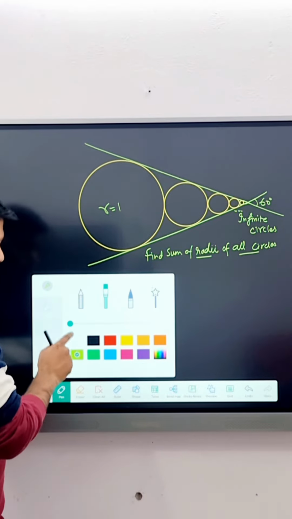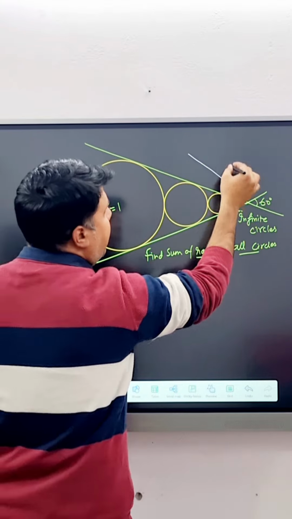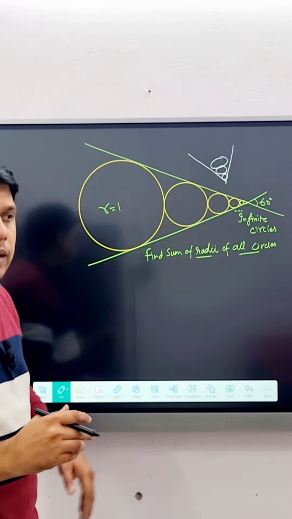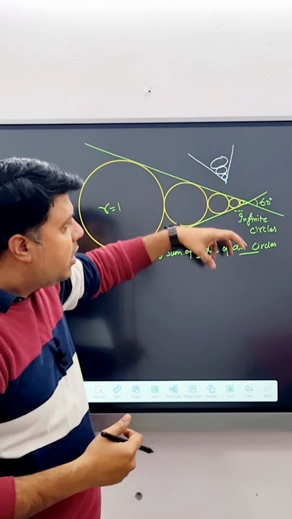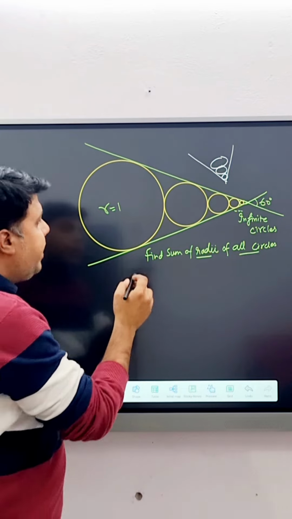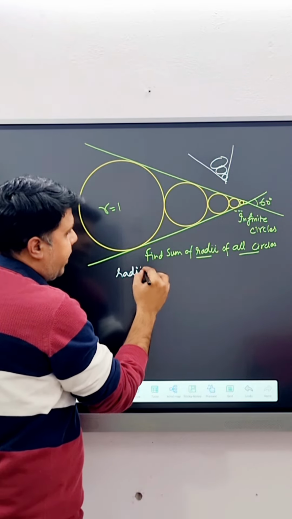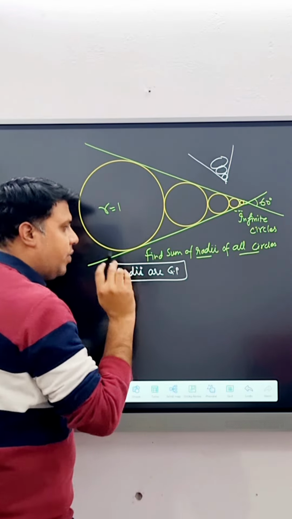One thing you should remember whenever we have such a figure, where there are inclined lines and circles or spheres fitted in that way, touching the lines (or the cone in the case of a 3D figure), and all the spheres or circles are touching each other: in that case, all the radii are in GP, geometric progression. So they will follow the GP, that is one thing.